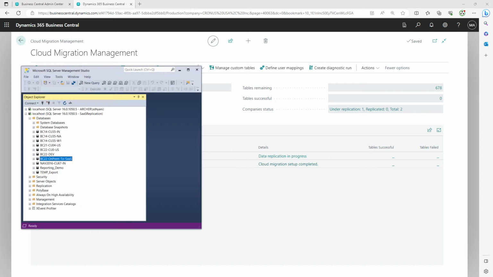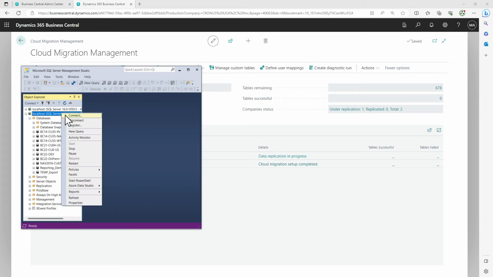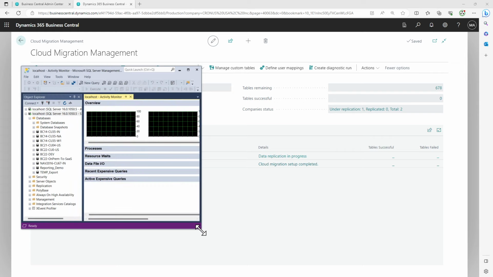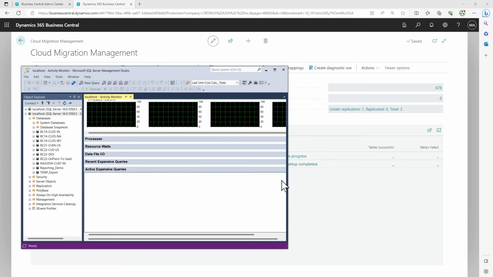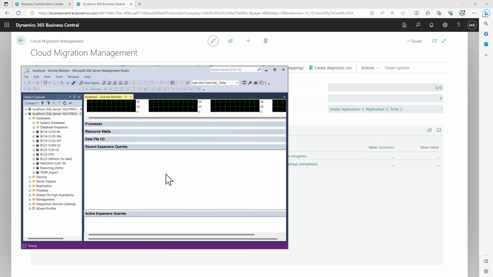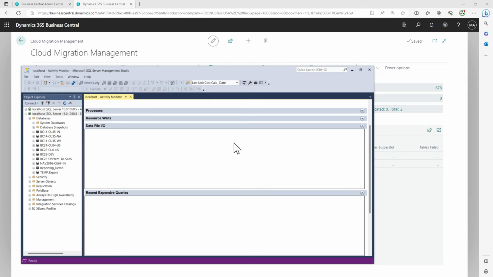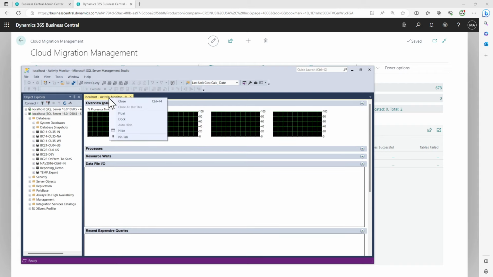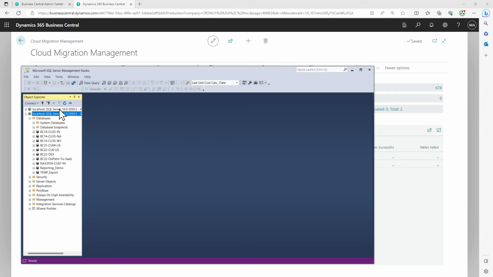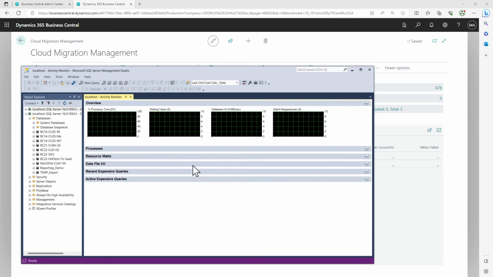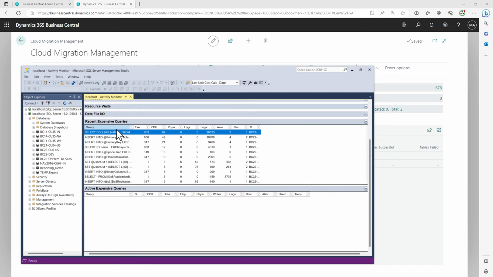Let's see, is there anything noticeable that's happening on my SQL server? And if yes, then we'll take a note of it. Once I look at it, I see that there have been no active queries. There have been no recent expensive queries, which is a little bit surprising. There should be some of them. No, it seems it's doing nothing at this moment. Let me pick this one and go to activity manager, because sometimes I don't have permission to do certain things on that. So right now, if you look at it, there is a command running